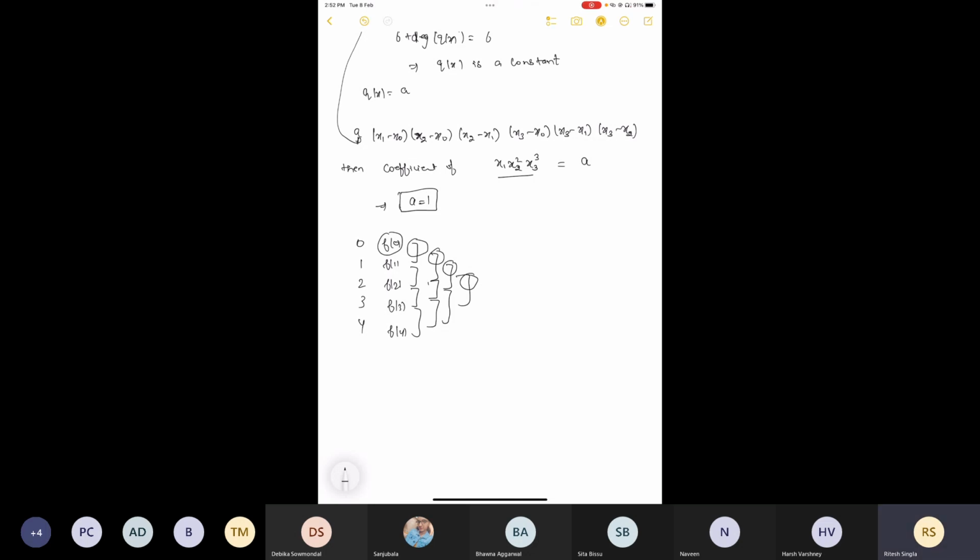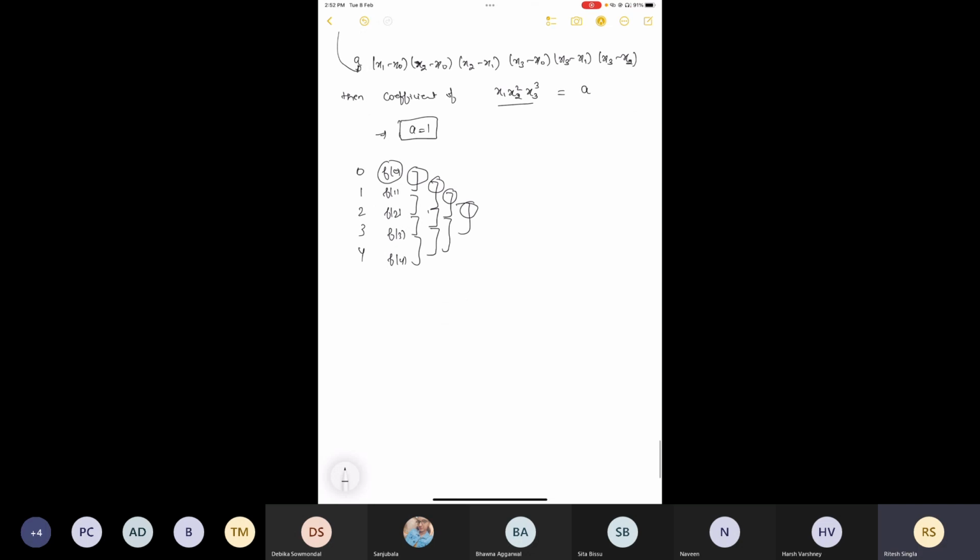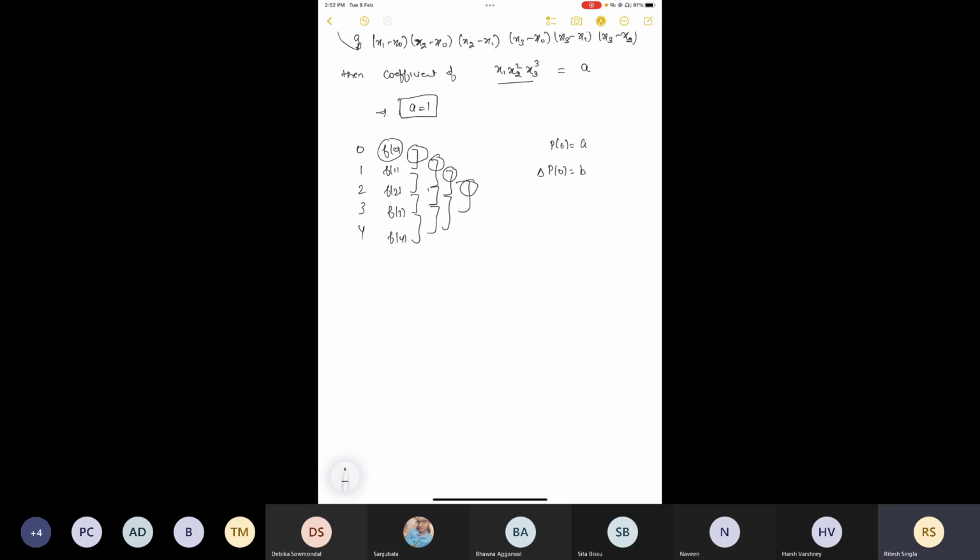See, you have to do the back substitution here to get all the values. Not even that. What you can assume is P of 0 to be some constant A, del P of 0 to be some constant B, and then you can proceed because you will have some polynomial P